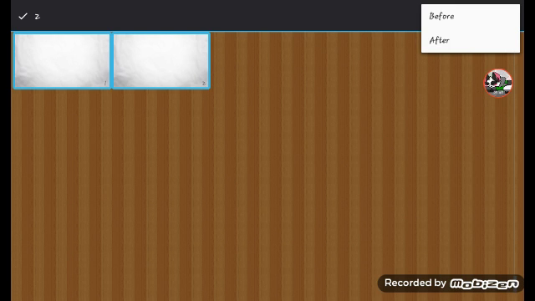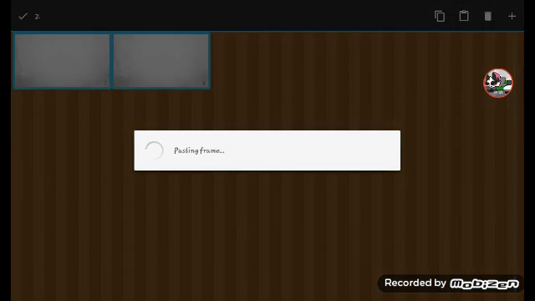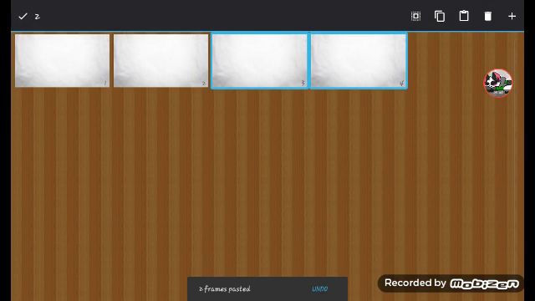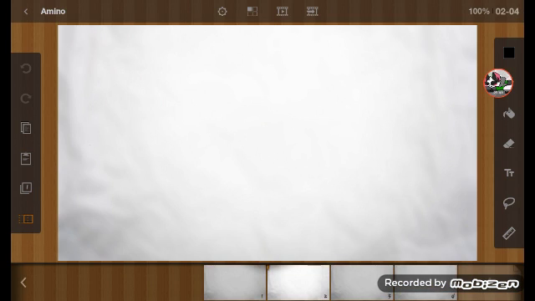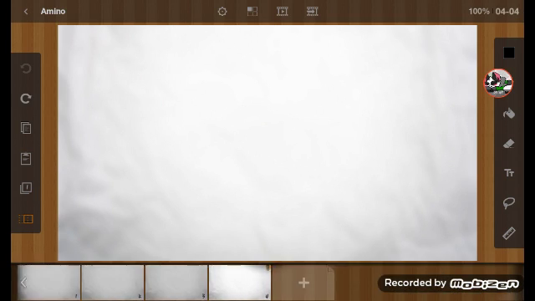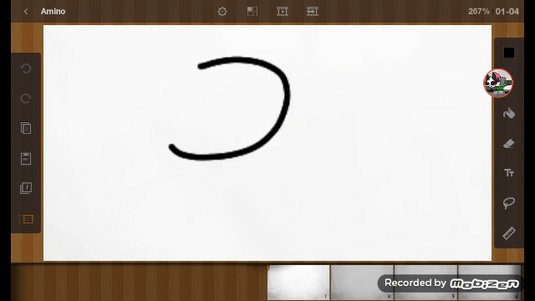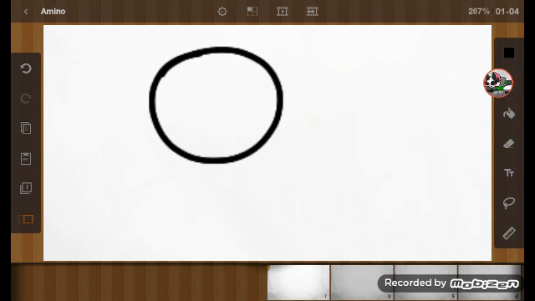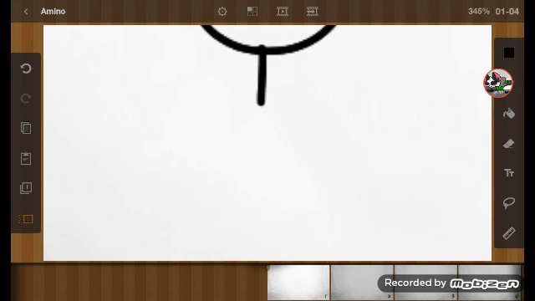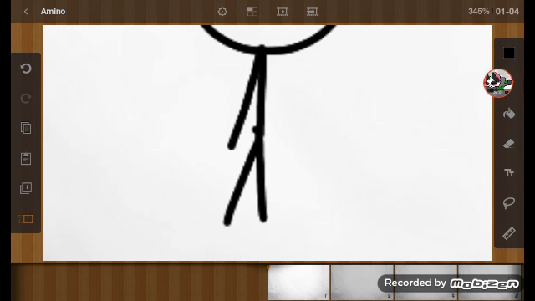You could either do it before or after. So it adds it before the original frames. See, now I got 4 frames. And let's say, okay, I'm just gonna do a little simple animation of someone walking. I'm just gonna draw a lazy stick figure